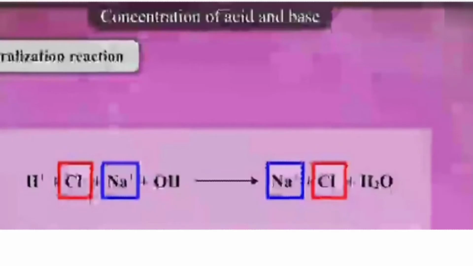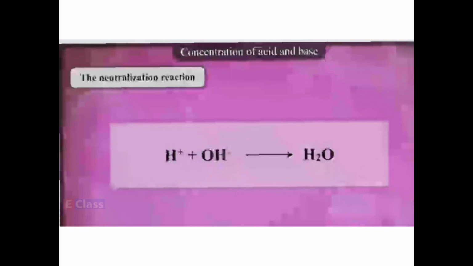Now how is the H2O formed? See, here you will see that NaCl is there, Na plus Cl minus. Na plus Cl minus is there. But then the resultant equation, what will you get? H plus OH minus is H2O. Okay, so this is the net ionic reaction which takes place.